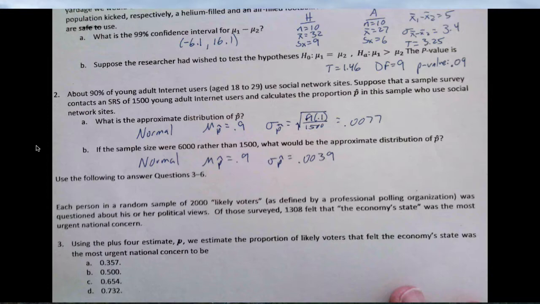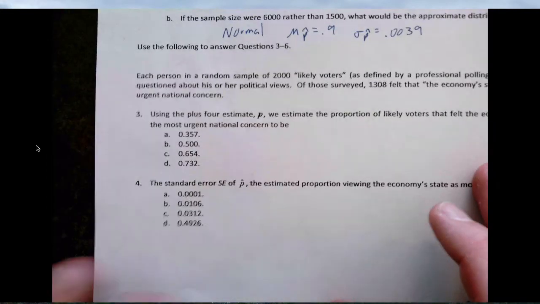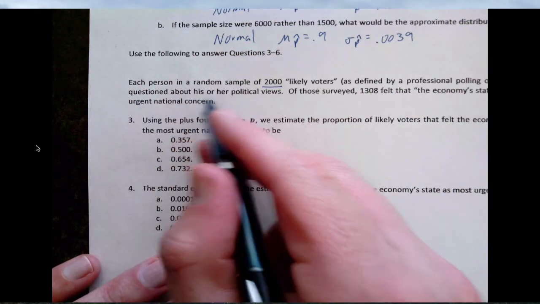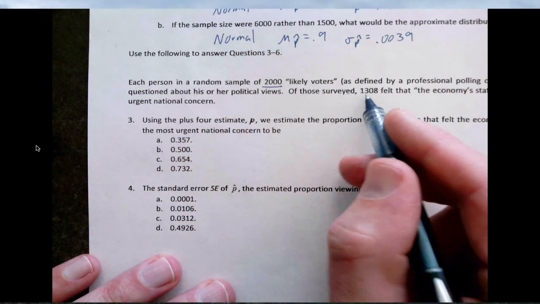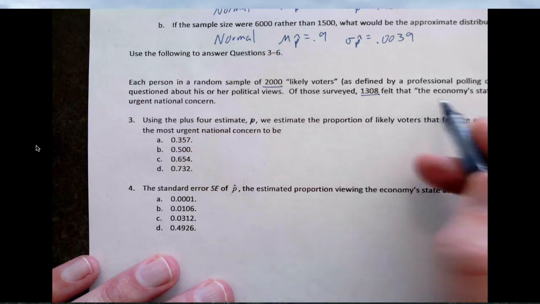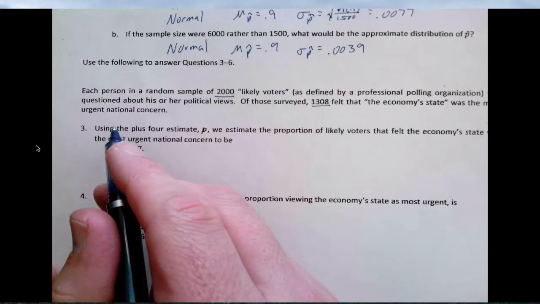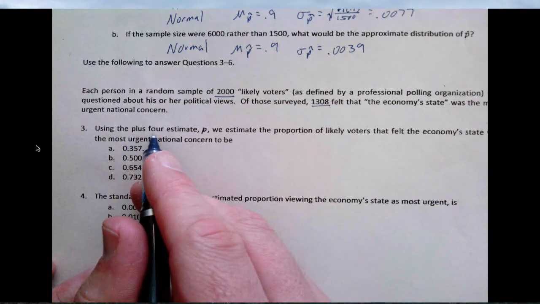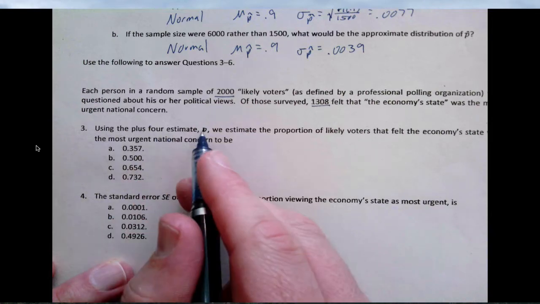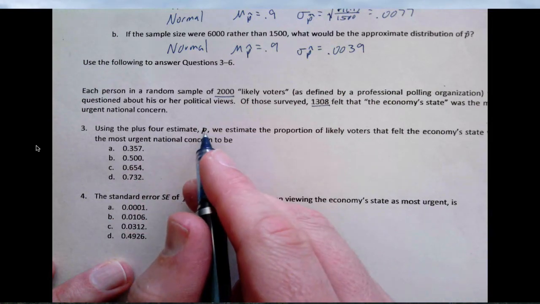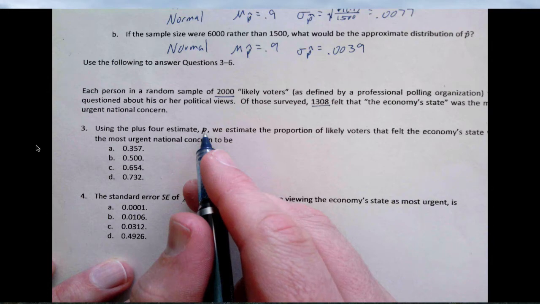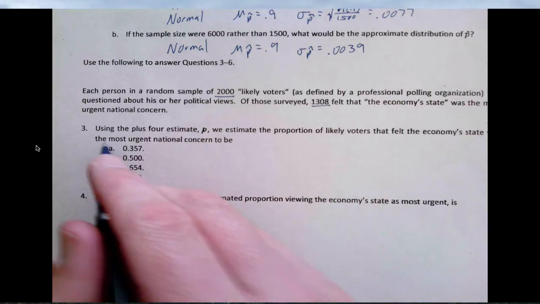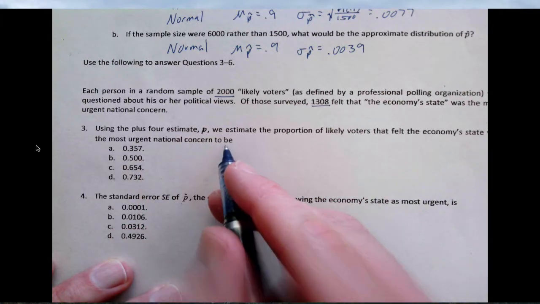Okay, use the following to answer questions 3 to 6. Each person in a random sample of 2,000 likely voters was questioned about his or her political views. Of those surveyed, 1,308 felt that the economy was the most urgent national concern. Using the +4 estimate of P,